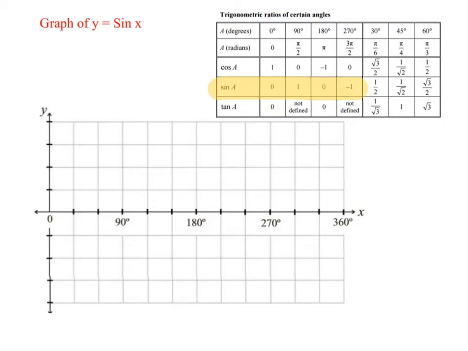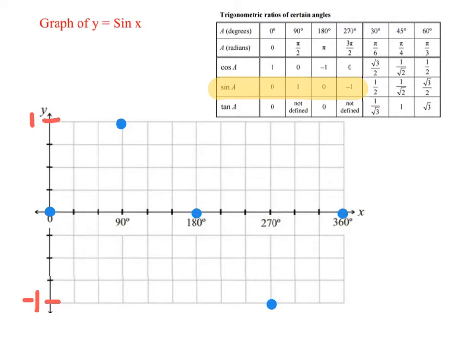So we need to label our y-axis as 1 and minus 1. So we have 0, 1 and minus 1. So go to 0 degrees on the x-axis and 0 on the y-axis. Next we go to 90 degrees on the x-axis, 1 on the y-axis, and plot the point. Next we go to 180 degrees on the x-axis, 0 on the y-axis, plot the point. Next we go to 270 degrees on the x-axis, minus 1 on the y-axis,